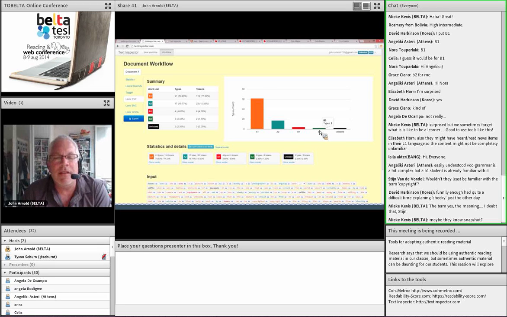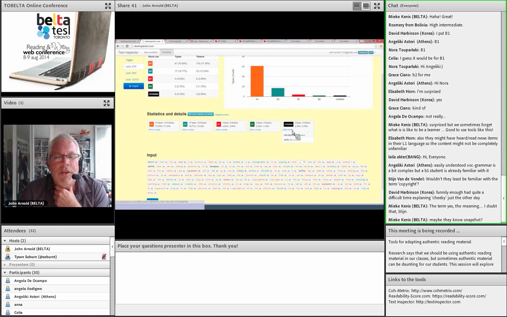So you can get a summary of the various levels. Lexically, this text isn't too bad. It has a number of word tokens or word families at the A1 level, some at the A2 level, a few at the B1, one or two at the B2. The ones at the B2 I can try to get rid of. Maybe the B1s and the B2s is what I look to change if I need to change. And then unlisted. The words that were unlisted in this case were the specific name of the monkeys and the word selfie.